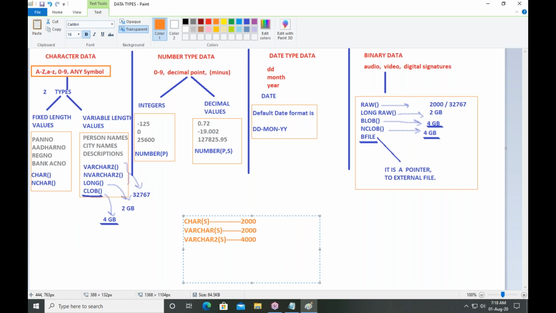This is the difference between varchar and varchar2. Char will store fixed length values. Here we can store variable length values with the maximum size 2000. And here we can store variable length values with maximum size 4000.